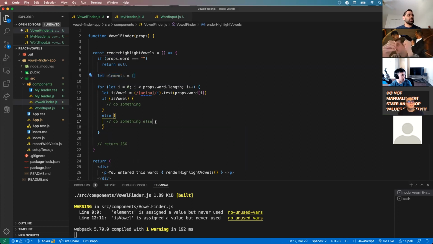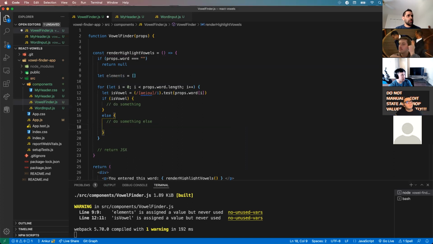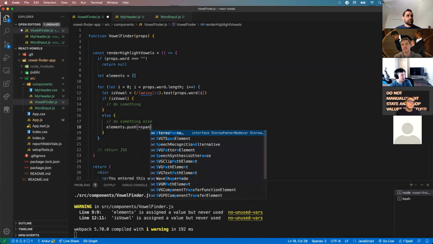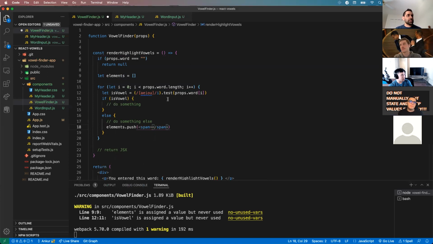All right, so we need to build up some JSX elements. So how can we do this? What if we, for the else case, just do elements dot push, and then we want to just push the letter. So if it's a non-val, we're just going to push the letter inside of a span. I guess we don't technically need the span, but span is just like a div that's inline. So divs give you a new line, spans don't. The reason I want to use span is because for the other case,